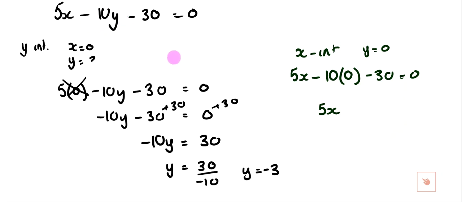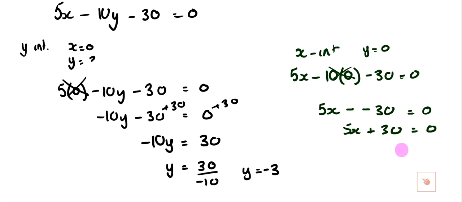Now, what I'm leading you to here is what some people would do. They would go 10 times 0, cross it out, so I'm just going to cross it out. That would lead people to go, oh, it's 5x minus 30 equals 0. But that is 5x plus 30, isn't it? And the problem with that is, if I don't do it in that order,